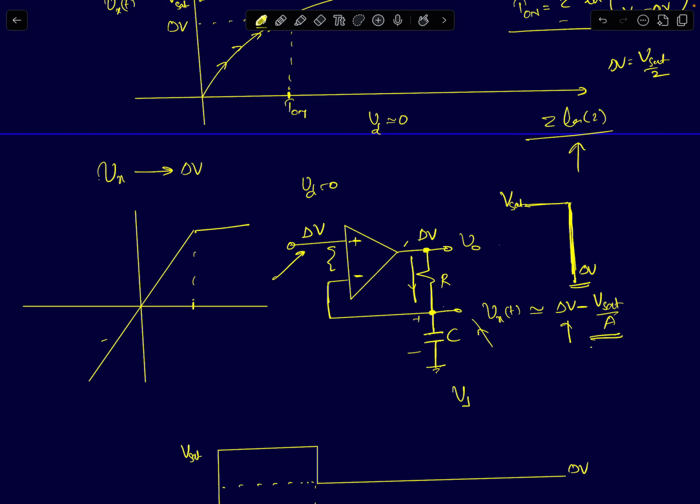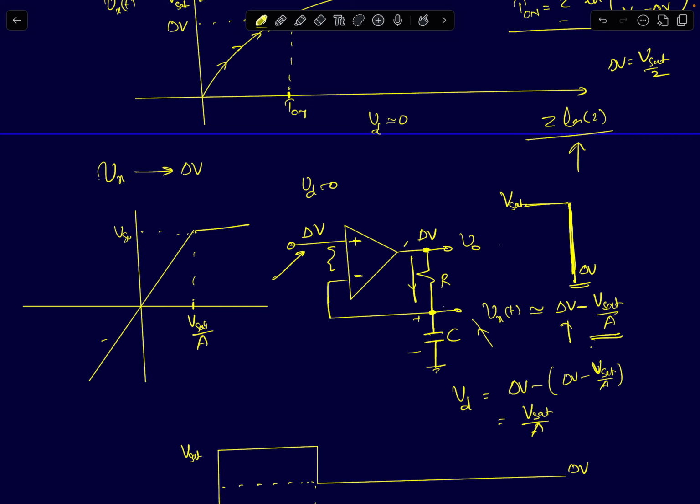What happens to the differential input? Your differential input is given by delta V minus this, so delta V minus delta V minus Vsat upon A, which will be Vsat upon A. So the differential input of the op-amp becomes exactly equal to Vsat upon A. So now the op-amp will enter the high gain region. So from that point onwards,